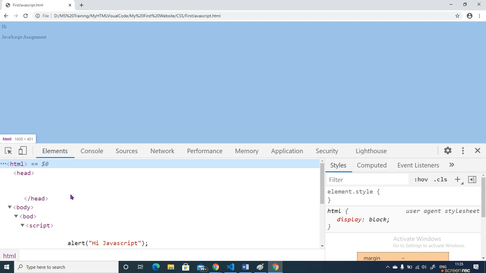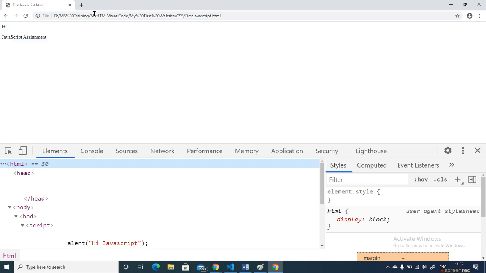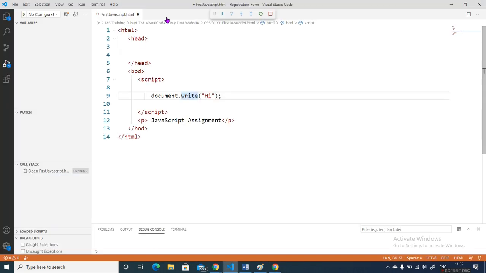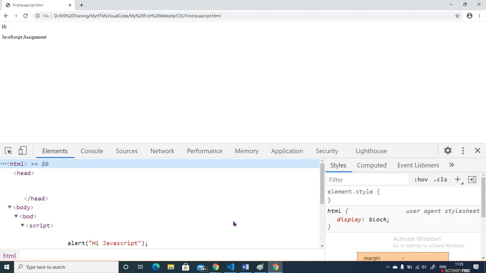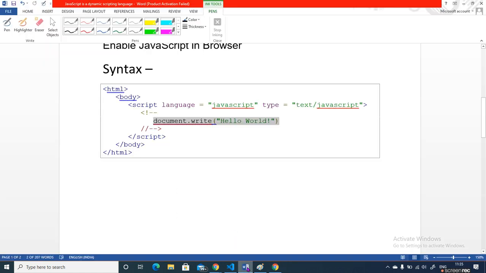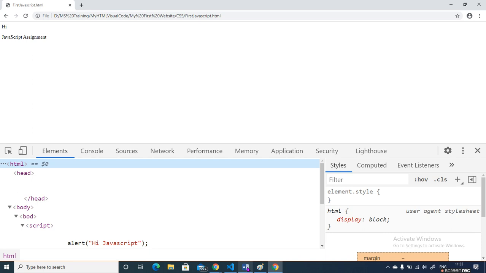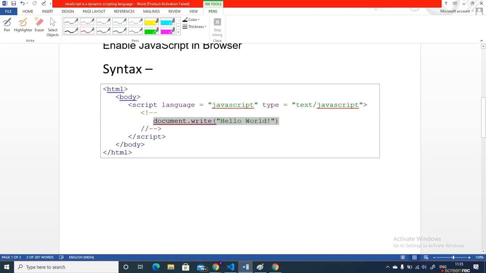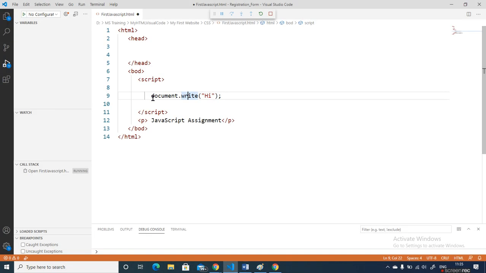Many times while writing JavaScript we write document here. Just a minute, I cannot remember the syntax for that.